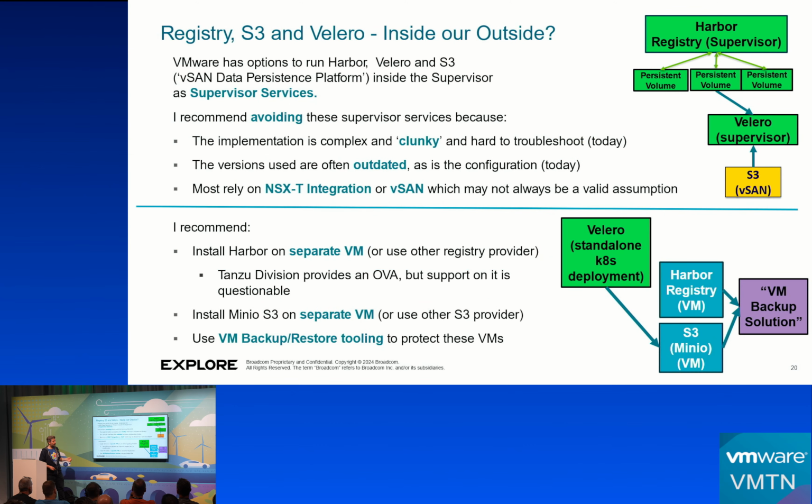So what do you use then? Well, for Registry and for S3, and for backing up with Velero, I tend to say do it outside. There are advantages, especially for S3 and Harbor, the registry, to just run them on a VM. The main advantage being I can just back it up. Everything that's probably worth any value around this stuff is going to end up in the registry. And if I do need to back up persistent volumes, I can always just run Velero myself in a cluster, and probably a way higher version than the one that supervisor services offer.